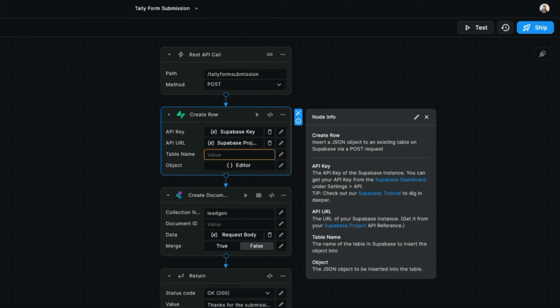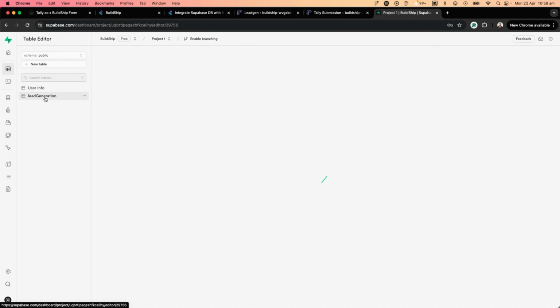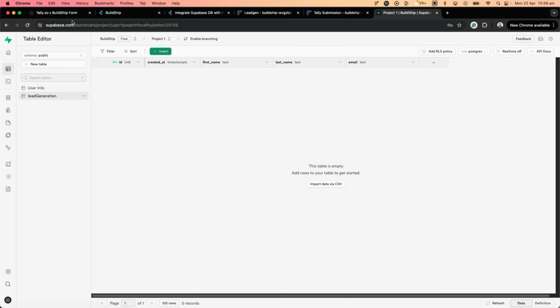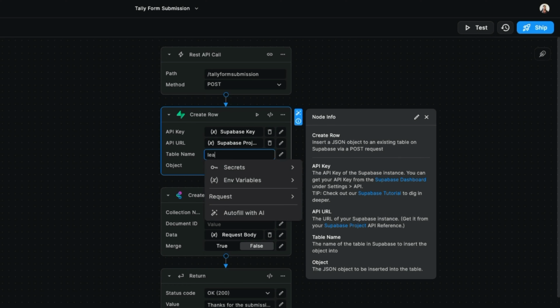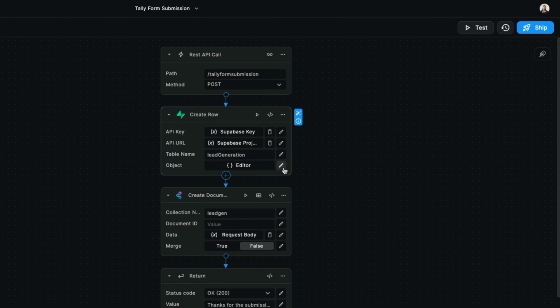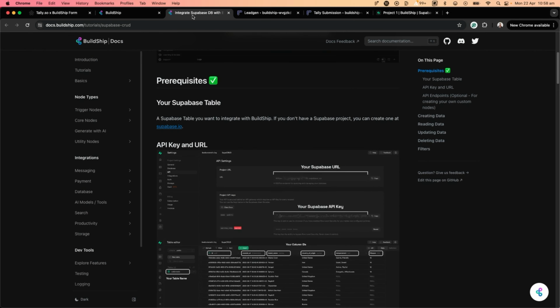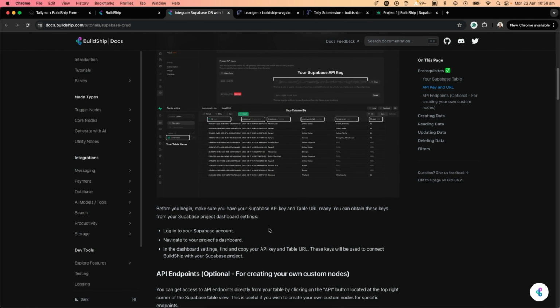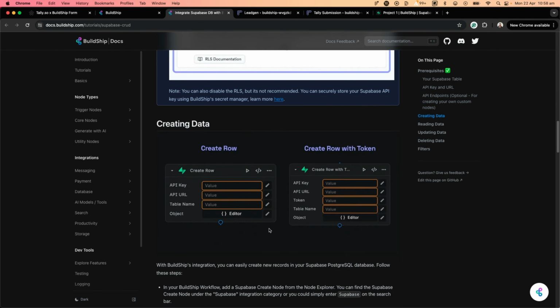So if I go back to my Supabase project, I have set up a table called lead generation. So let me add this table as a table name on BuildShip. And the object that I want to save is actually the individual responses from the body. Now, if I want to understand how this works, you can actually go here and understand each